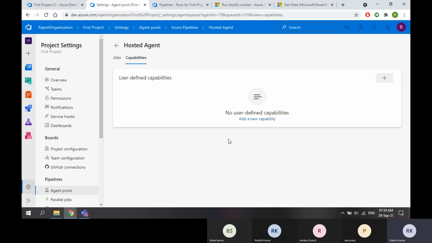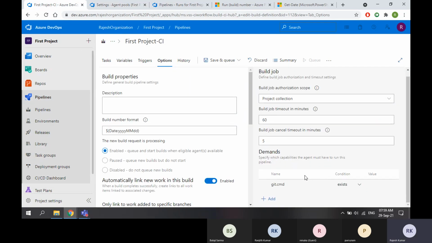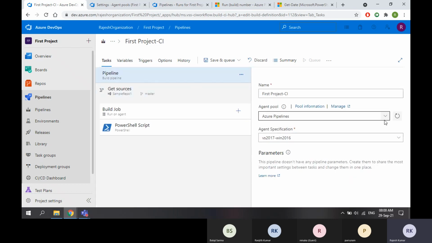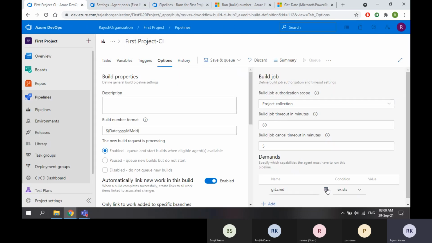So when you are using Azure Pipelines, in most cases you cannot define the capabilities. So this won't work when you are using Azure Pipelines. When you are using your own agent pool, a self-hosted agent pool, then you can define some capabilities. So for now, this won't work.